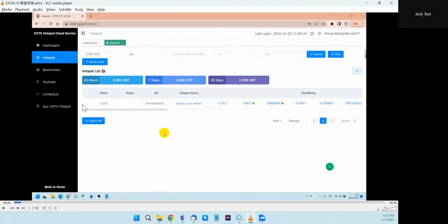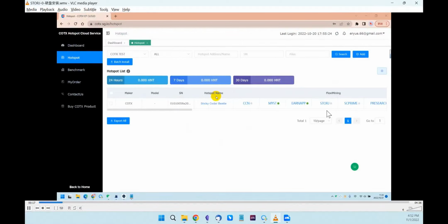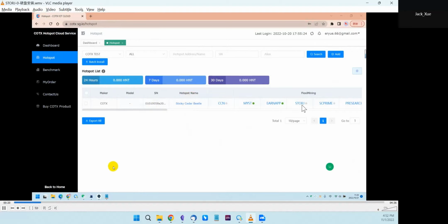So in this example, if you log in to COTX Hotspot Cloud Service, here's the address, and in the hotspot tab, you add your hotspot into your wallet space. You pick up your hotspot here, and here's the example. This is the test hotspot, and if you try to enable Storj or ScPrime, you must connect an external hard drive to your hotspot. So in this example, we try Storj,